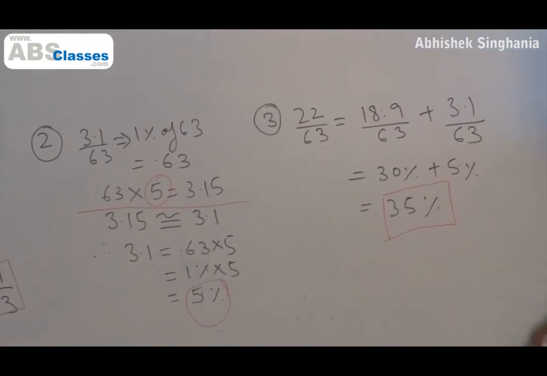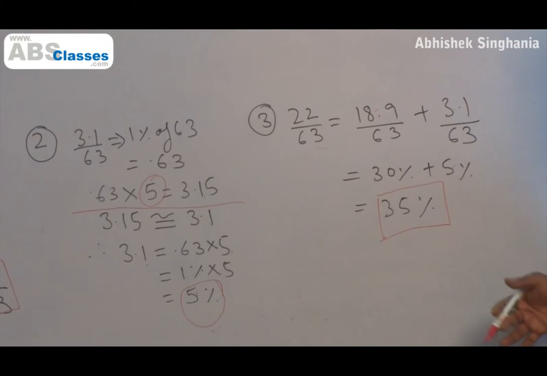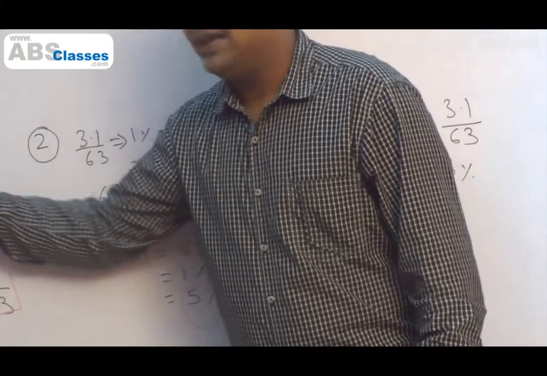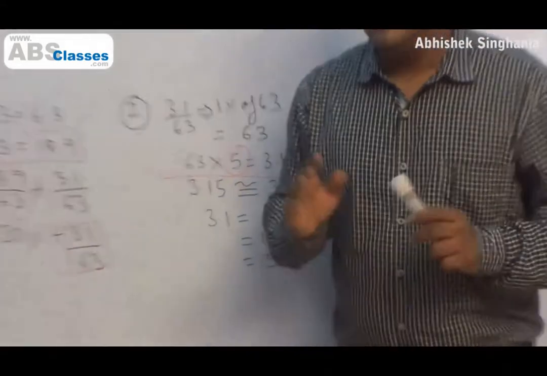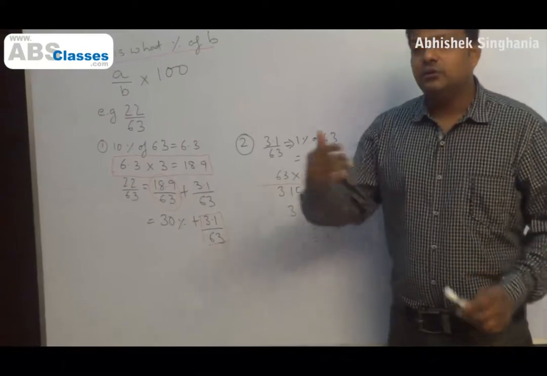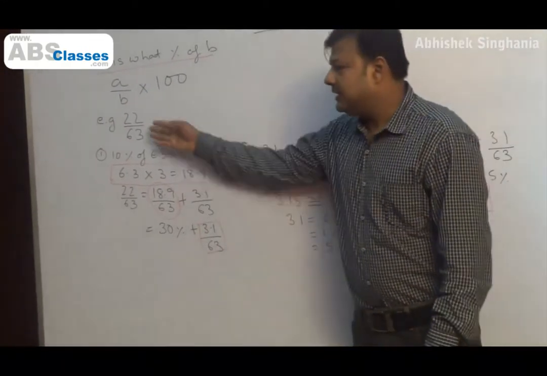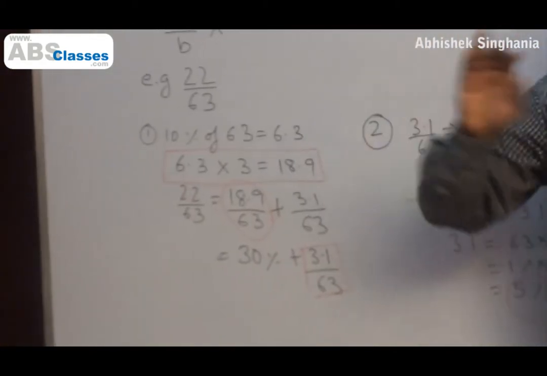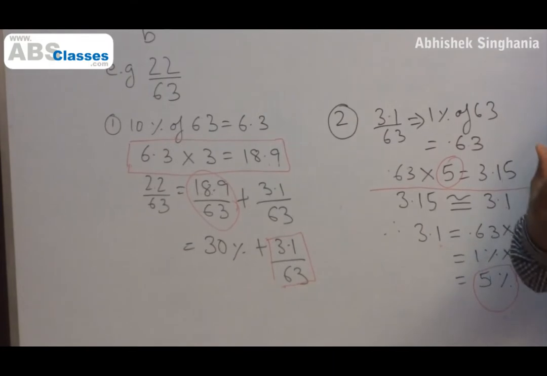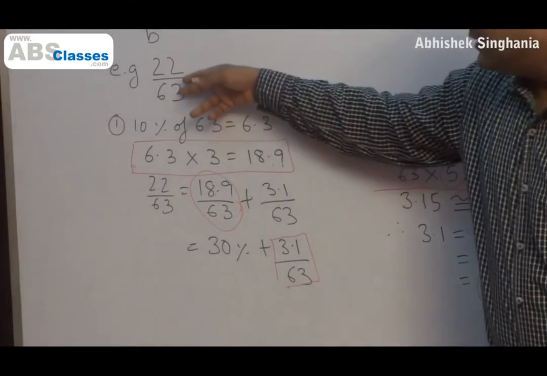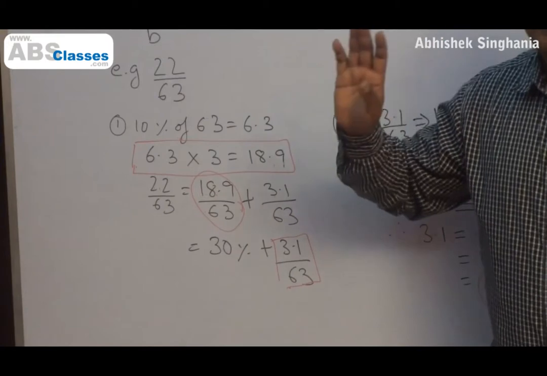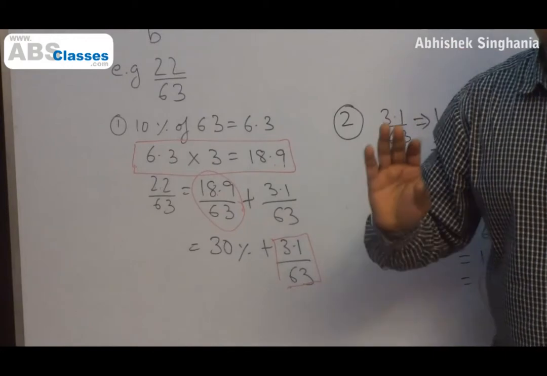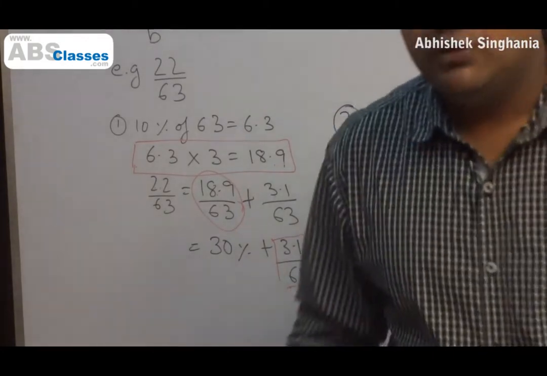Okay, now here what we could have also done perhaps is, we started off with 10% of 63. Remember, I told you that the first step is not necessarily to use 10%, it is to find a percentage of 63 which 22 is very close to. Say by instinct, by observation, or whatever method, you could have seen that 1/3 of 63 is 21. 22 is very close to 21. 1/3 of 63 is also very easy for us to calculate. So maybe in that case, we could have tried something different.